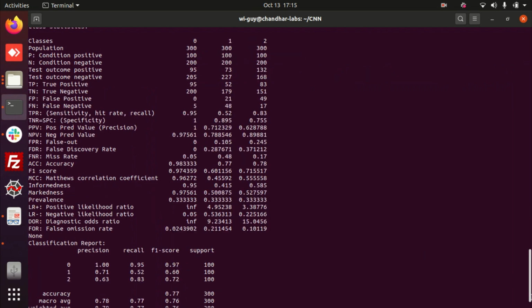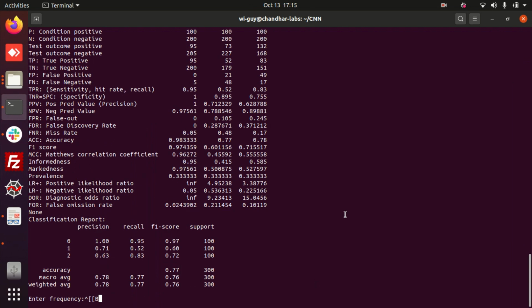The classification report has been given at the end, with 100% precision for the first class, then second class 0.71, and first class 0.7, second class 0.63.